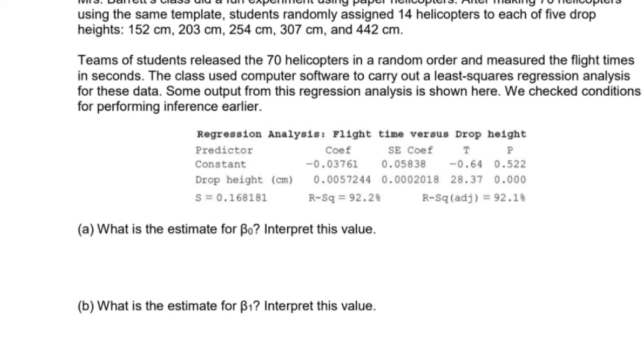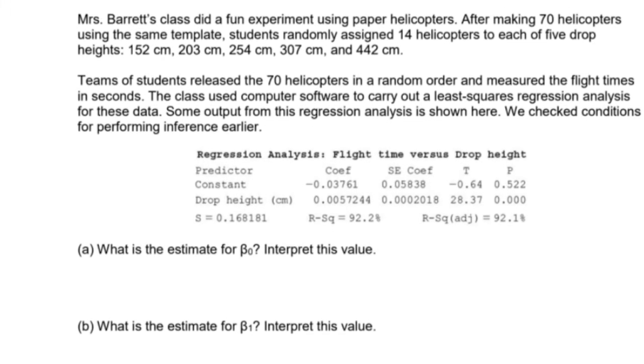Okay, so for this check your understanding, I just wanted to debrief really quickly before you get started on the computer output. So don't forget that in the computer output, the constant is your sample y-intercept, and then whatever's next to the x variable is your slope. This is your x, and so we know x is the drop height. And then we never are going to use these top three, but now that we've learned SE coefficient, it's SE, and then it's in the slope row. So this value is your SE of the slope,